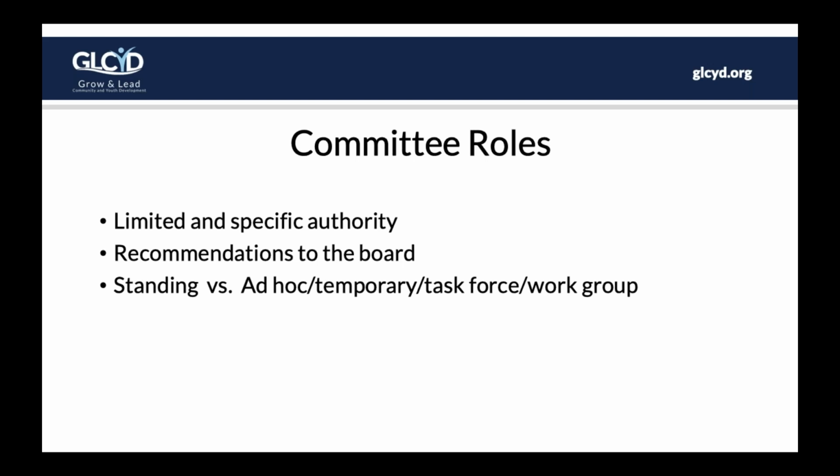Big fundraisers are probably one of the most common temporary work groups. Like, okay, we have a big fundraiser, who wants to help? And so they'll set up a work group to tackle something of that magnitude. So,